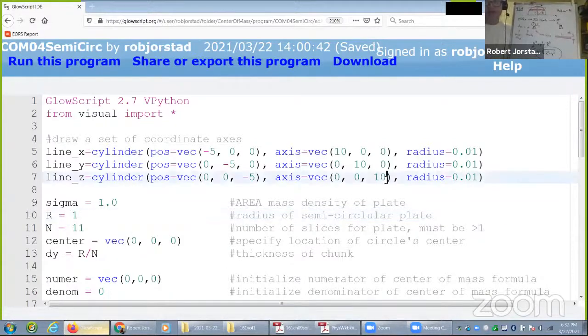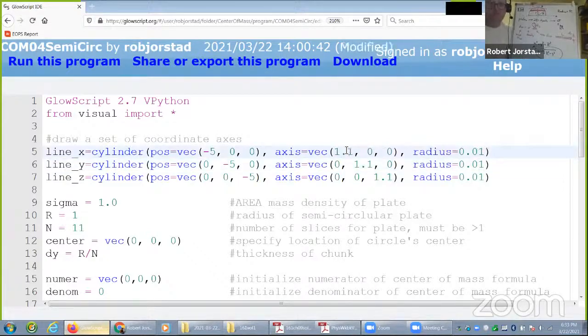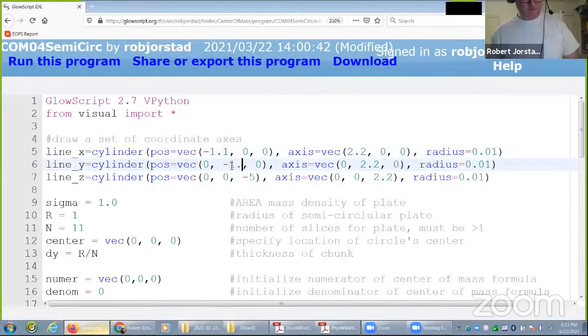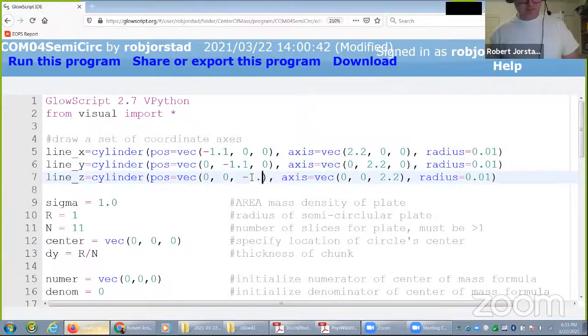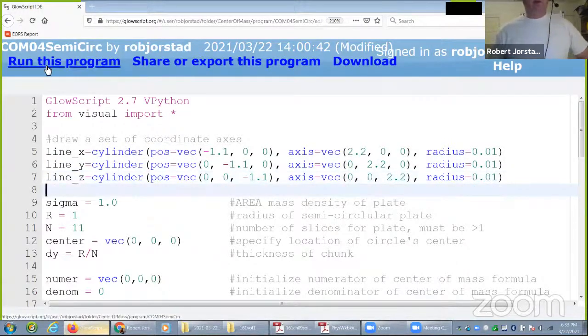And let me make these things smaller. Sorry, I gotta use 2 hands here. I'm so slow. Let's do 2.2, 2.2. This will just make it less zooming once I start here. So it's just adjusting the coordinate axes so the thing will be zoomed in right. Okay, so when I run this one,